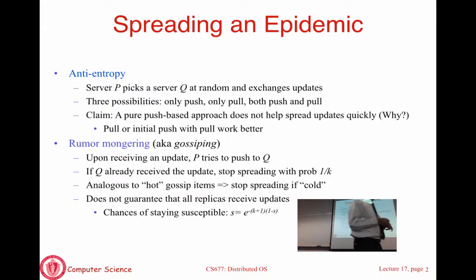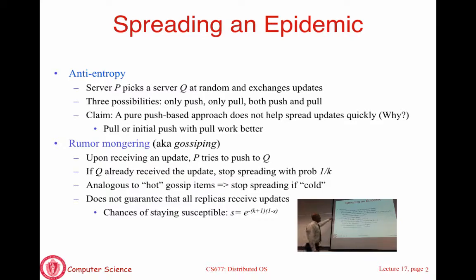Okay? So if you want to spread the update quickly, initially it's better that you have a push-based approach, but in the later stages, a pull-based approach becomes more effective. So combining both approaches is the best option to ensure that your update actually gets to almost all of the servers. Because this is a randomized approach, you can never guarantee that you will actually spread it to 100% of the servers, but with high probability, all the servers are going to see the update if you combine push and pull. Is that clear? Okay.